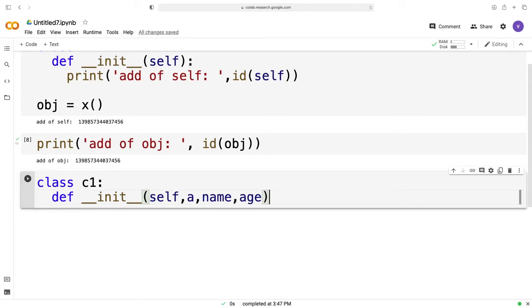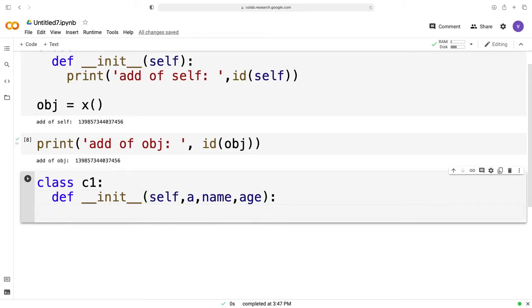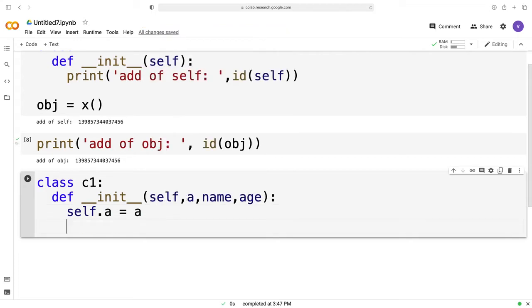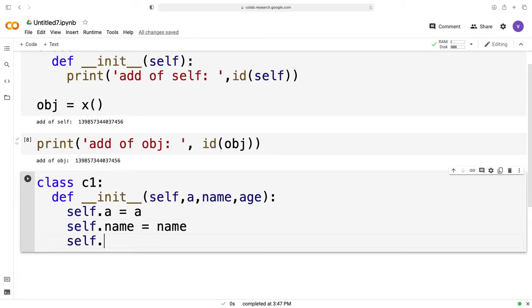I guess this much is enough. And I'm gonna initialize the variables with self.a is equal to a, self.name is equal to name, and self.age is equal to age.